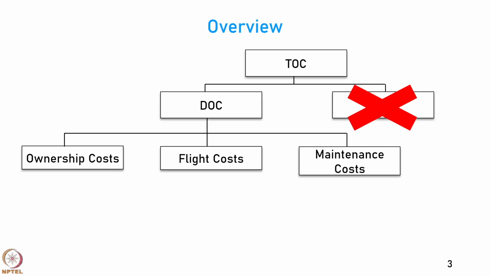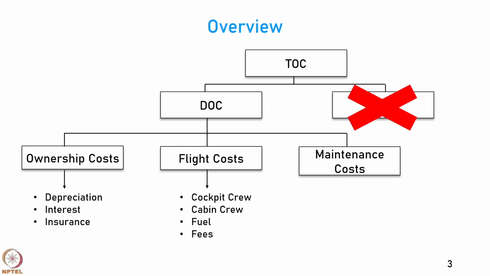The cost of avionic equipment maintenance or communication equipment maintenance is considered as part of the airframe cost in this particular example. Now, under ownership costs, you have certain components: depreciation, interest and insurance. Under the flight costs, we again have some components. We have the crew costs, which are for the crew in the cabin and the crew in the cockpit, that means the pilots and the flight attendants and air hostesses in the cabin. Then there are expenses towards fuel and oil, which I am merging together as the cost of fuel.